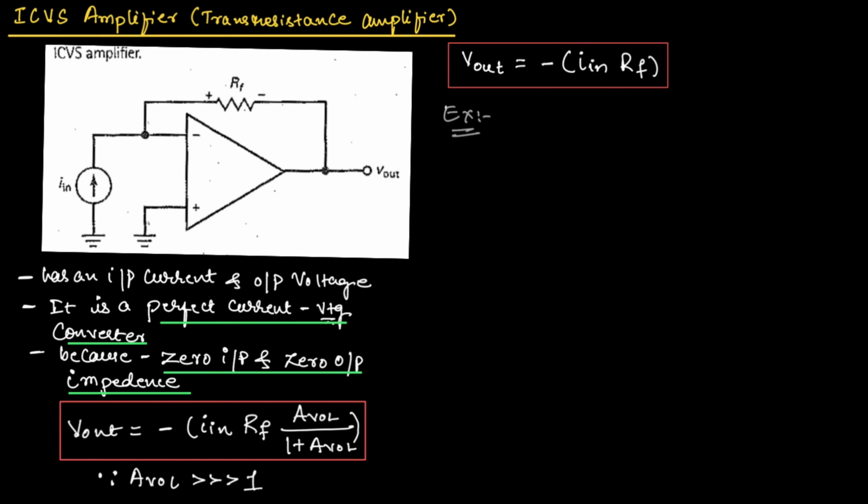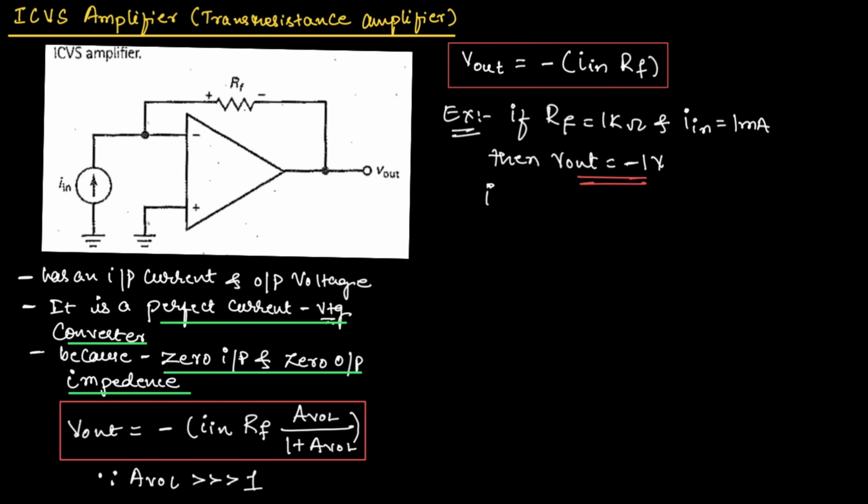For example, if we take RF is equal to 1 kilo ohm and input current as 1 milliampere, then the output voltage will be equal to minus 1 volt. And if we increase the feedback resistor RF to 10 kilo ohm and keep input current as constant, then the output voltage will be equal to minus 10 volt. So from this we understood that even though the input current is constant, if we vary the feedback resistor, output